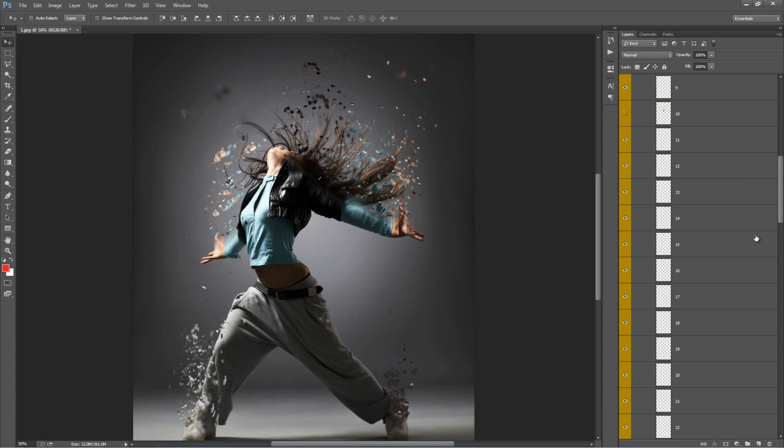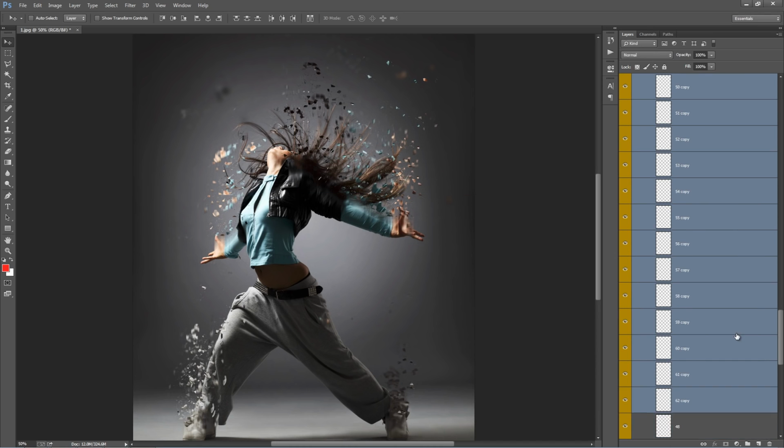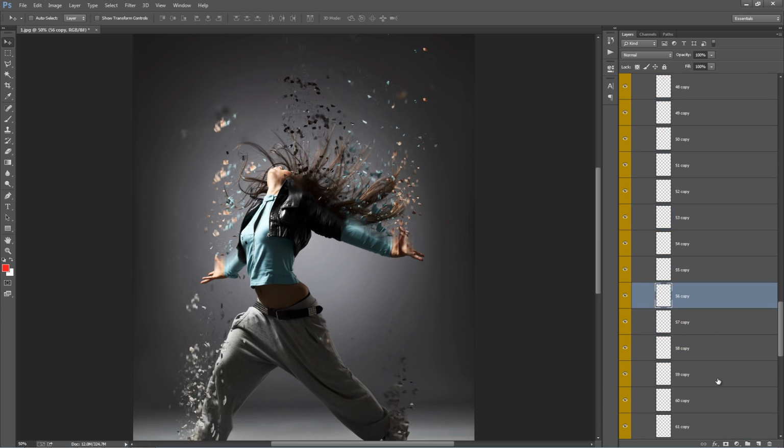If you want, you can add more parts. You can select the whole group. Let's go. I can select from 48 down to 62 and go duplicate layers, and then I've got a whole bunch more. I can just move up into the air like that, move them around individually on the group. Okay,